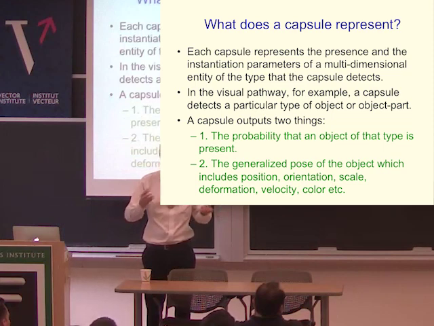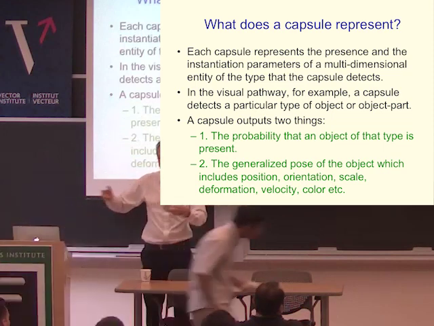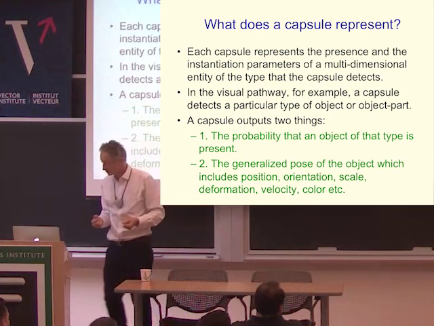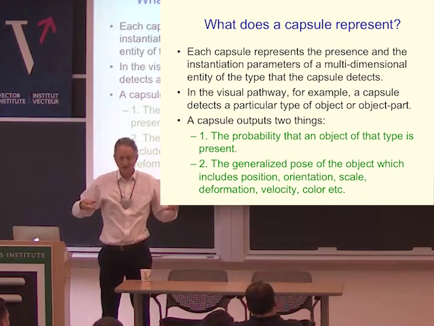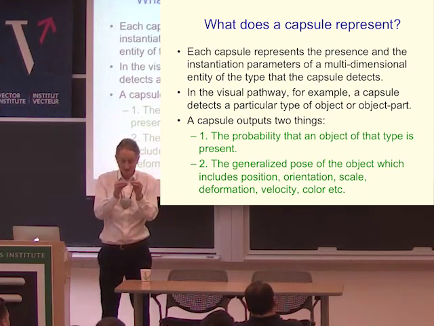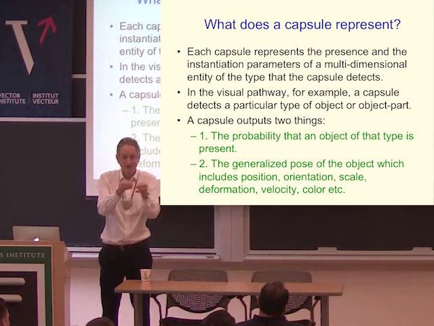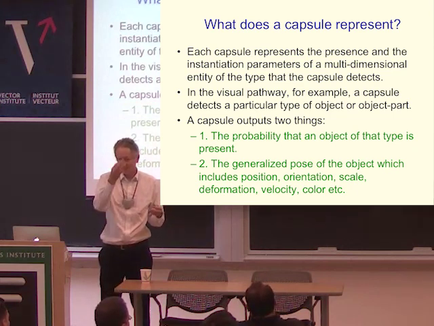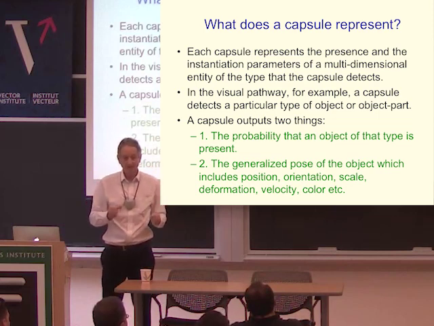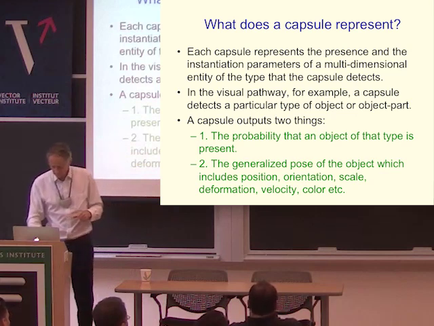So let's suppose I'm a capsule and I'm getting votes. Typically we think of these as high-dimensional votes, but I'll just use 2 dimensions because it's easy to draw. So all those things are votes. If I see a pattern of votes where there's all these kind of stray votes, and then there's a number, not necessarily a big number, that all agree tightly, that's evidence that my object is there, my entity is present. Because there's a whole bunch of lower level entities all saying, I think the kind of entity I might be part of is present, and these are its coordinates, these are its properties. And if the properties agree,